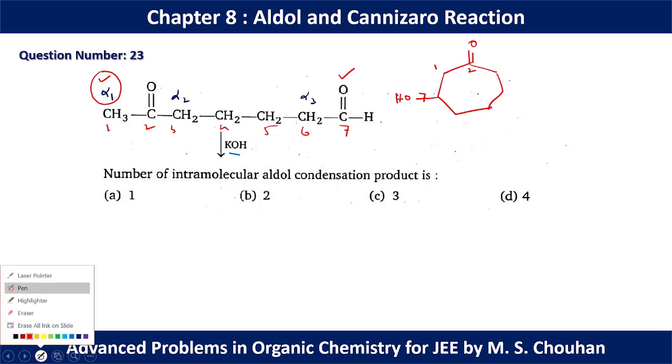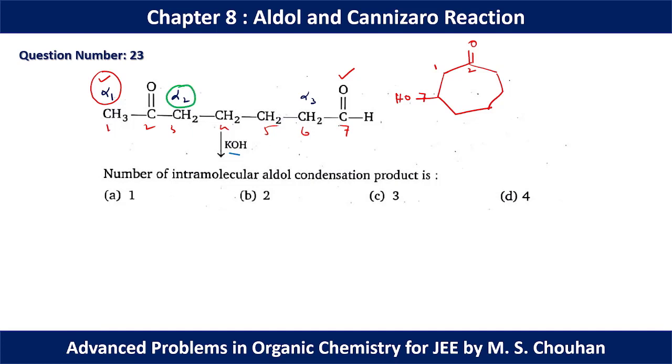Another product can be formed when we have the negative charge on the 3 position and approach the 7 position. So 3, 4, 5, 6, 7: a 5-member ring is going to be formed, where 3 and 7 are attached. So this is 3, 4, 5, 6. Before the position 3 we have position 2 and then position 1. Now at the beta position, that is position 7, we have one OH group. So this is our second product.